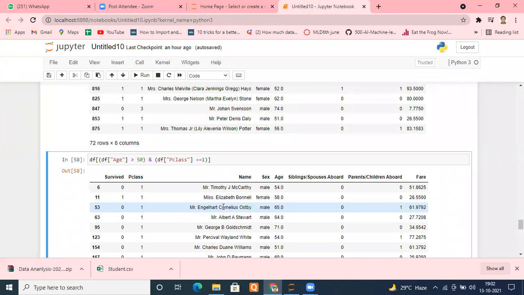Sir, can you explain once again the conditions? The condition is I want to see the list of those people who were traveling in the passenger class 3 and they survived. Means they didn't die. Hello, sir. Yes, please. Sir, the condition should be within df. Have you created Pclass?